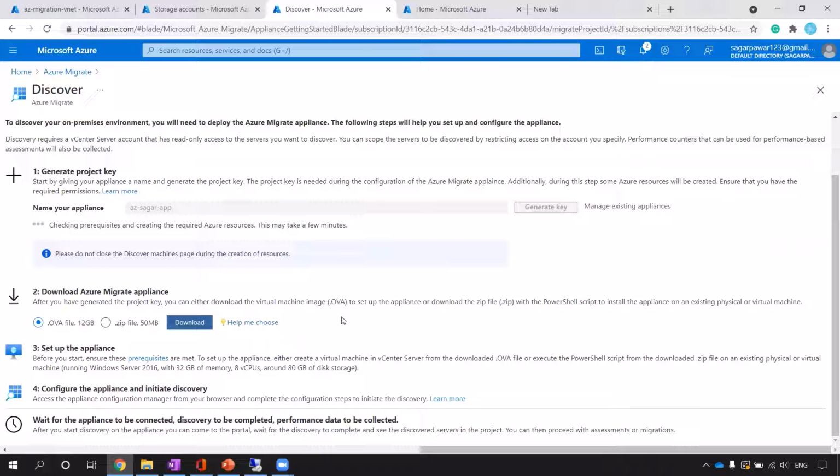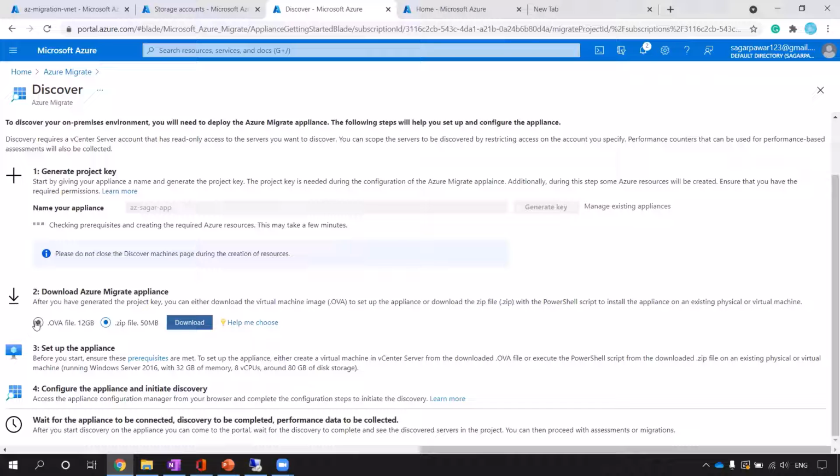The OVA is a machine image which you can import in your existing setup, and in that everything will be installed. So the Azure Migrate appliance will be installed inside that, and you can use the Azure appliance from there. Or else, I can download the zip file, which is a PowerShell script that I will execute, and this script will install the Azure Migrate appliance on my machine.